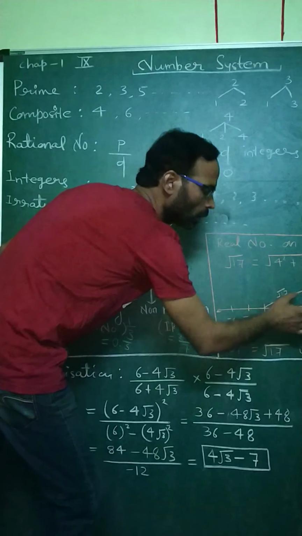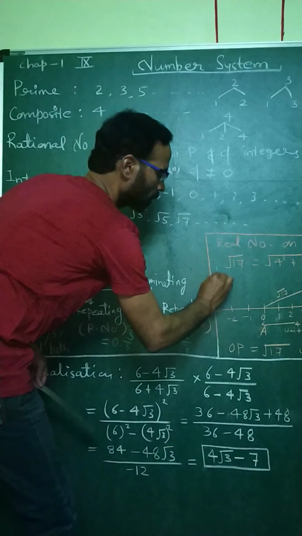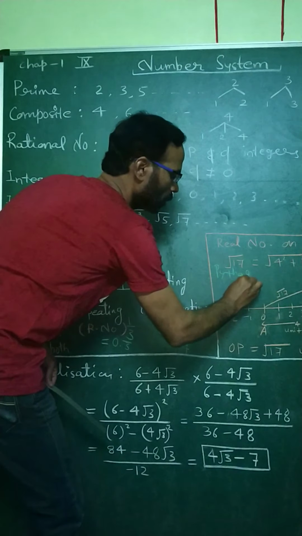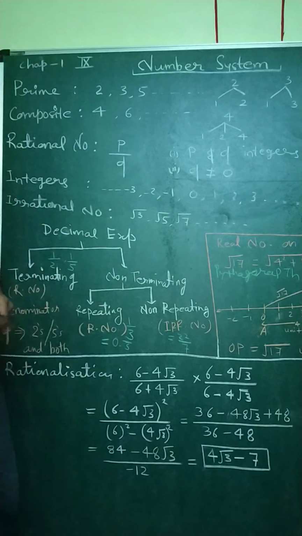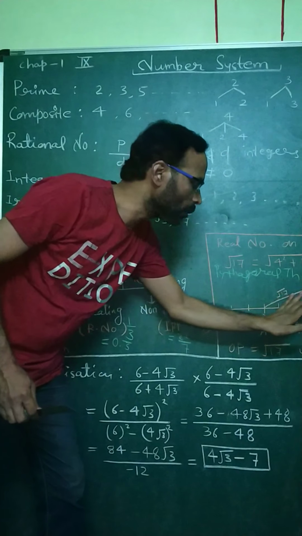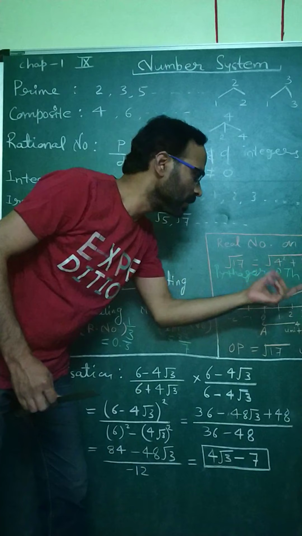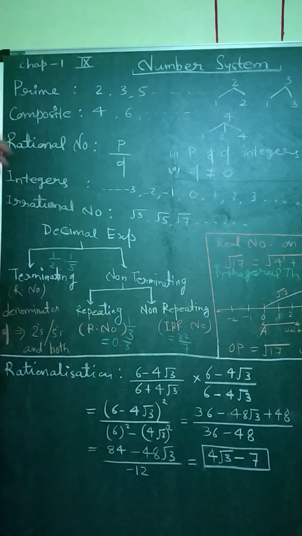Then using the Pythagoras theorem, you will get the hypotenuse as root 17. So 4 you can take easily on the baseline and 1 you can take vertically. This 4 and 1 you can take according to your convenient unit,